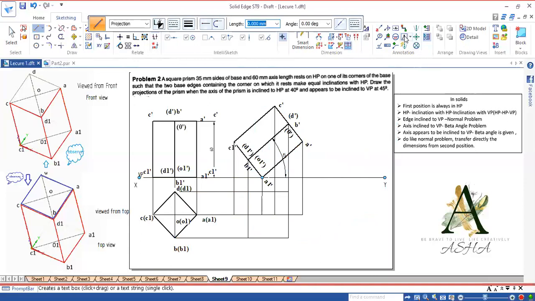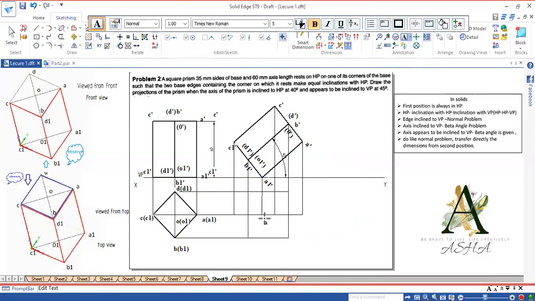So start from here. This is A1, B1, C1, and D1. Okay, again here it is A, B, so this point is C, and this is D.